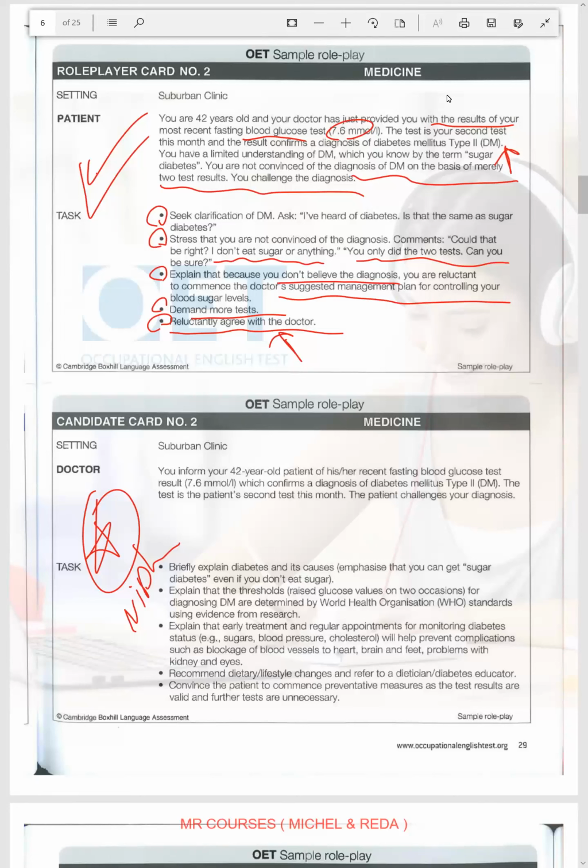Oh, I have diabetes, doctor. Don't worry. I will tell you everything about diabetes. Sometimes you can get sugar diabetes even if you don't eat enough sugar. I'm here to help you, so no need to worry. So, do you know anything about diabetes? I only know the name, sugar diabetes.